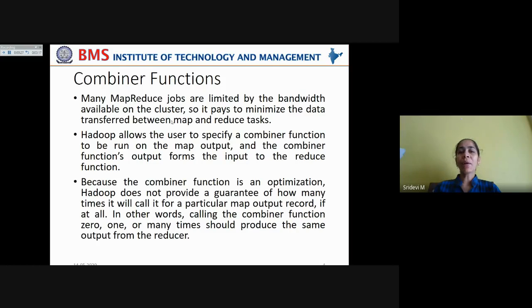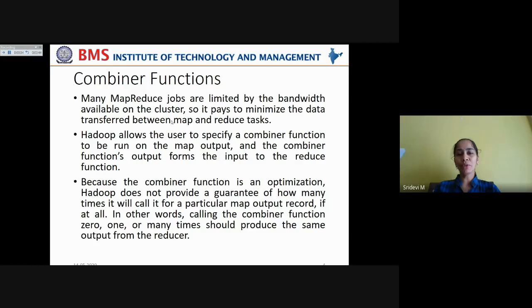In that case, many MapReduce jobs are limited by the bandwidth available on the cluster. So it pays to minimize the data transferred between map and reduce tasks. If you can save on this data being transferred between map and reduce tasks, then the bandwidth utilization will be less and less, so that when it is required by other MapReduce tasks, it can be optimally utilized.